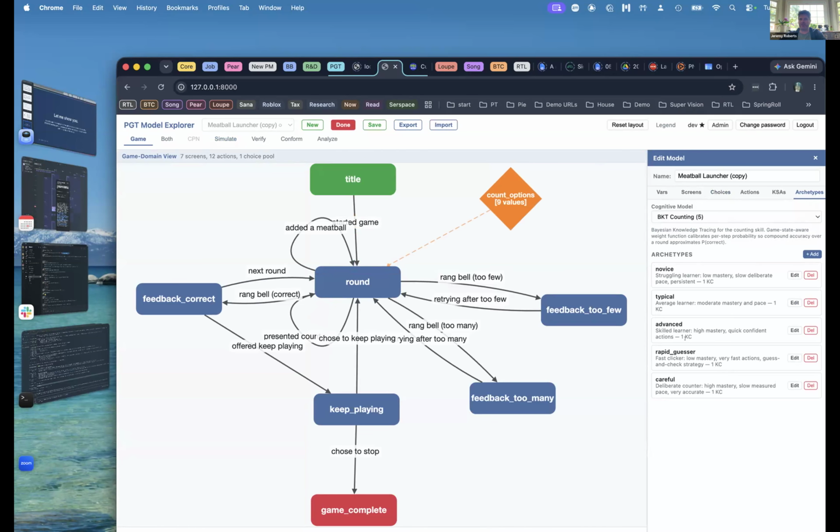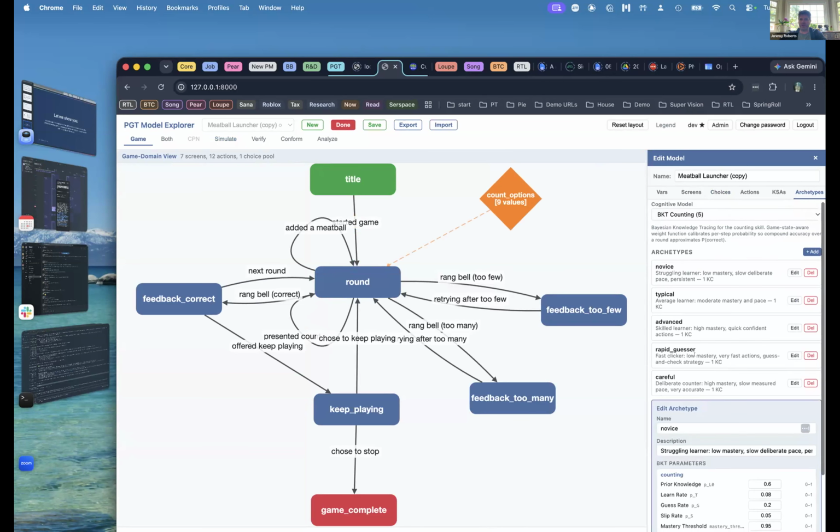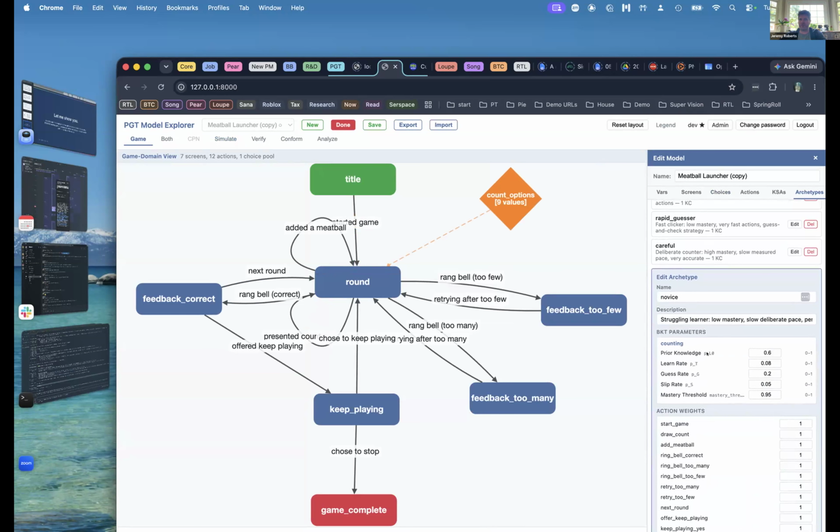You can see that I've got a number of archetypes set up here. And essentially, all of the things that you'd recognize if you've ever done any BKT work, you can configure. The idea, I think, would be you could configure this manually if you wanted, to get a starting place and see what that looks like.